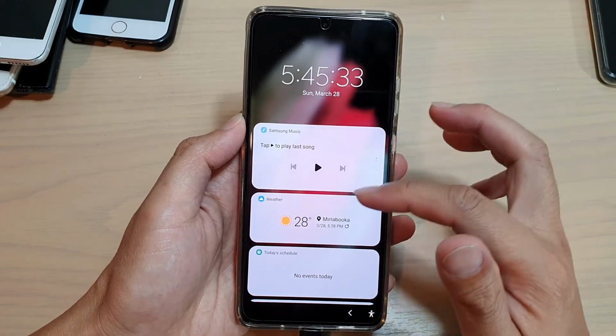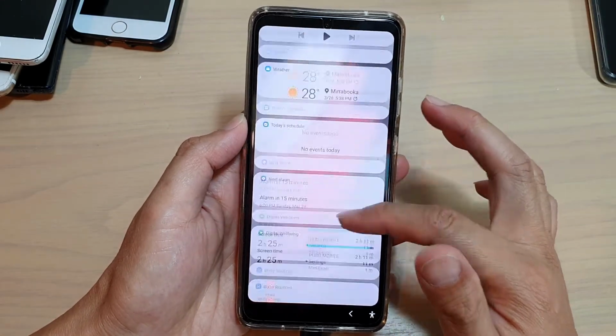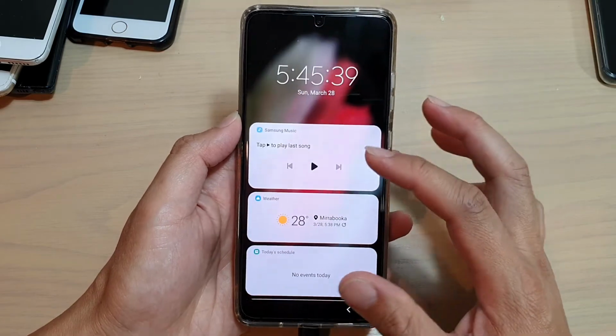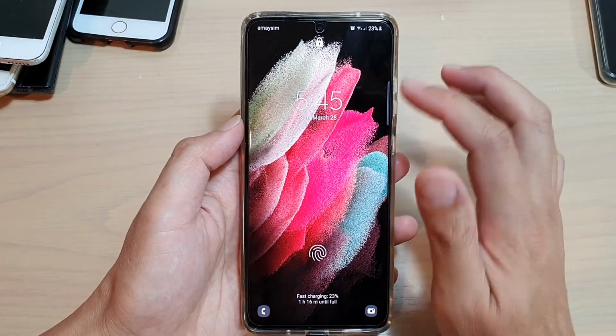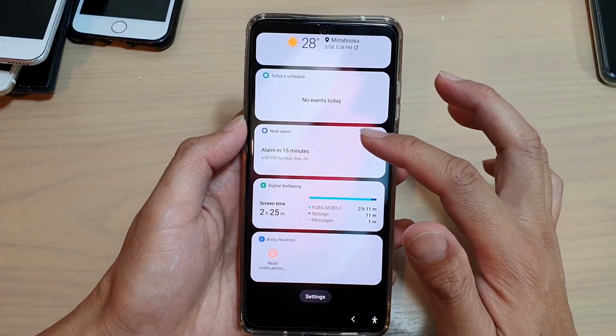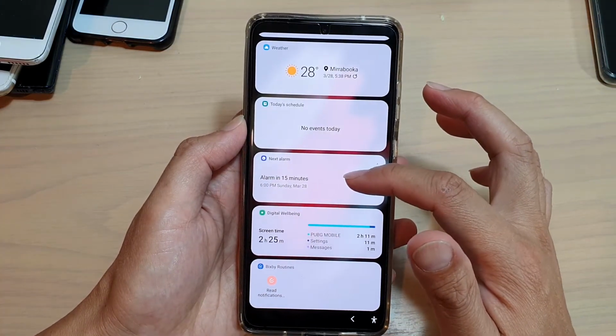And this basically allows you to quickly go through your widgets without having to go into your home screen. So you can see here on my lock screen, I can simply tap on it to open up all of my widgets, and here I can see my next